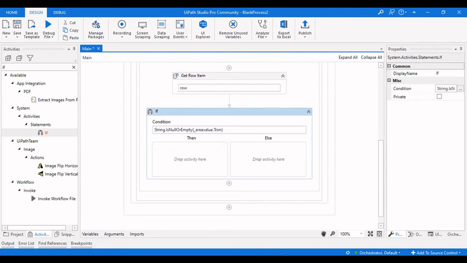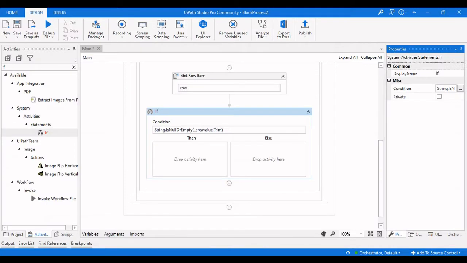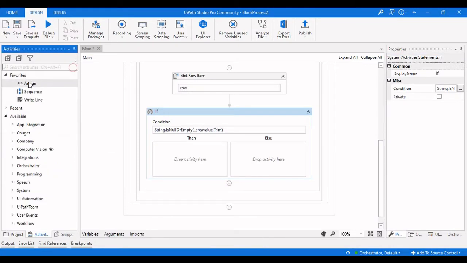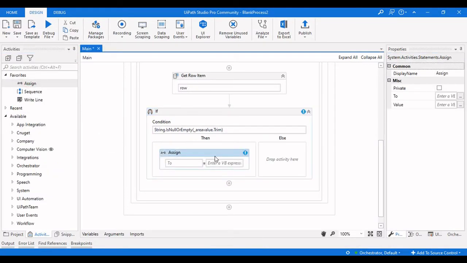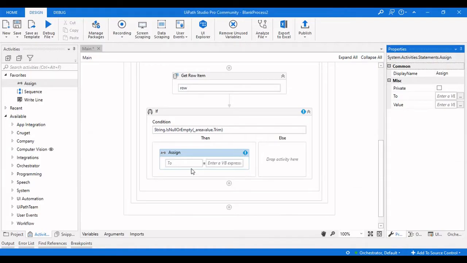After checking the value, what we need to do is get this particular 10 or 20 from here. So for that, I will take an Assign activity, and for extracting the numbers from here, I will use regular expressions.